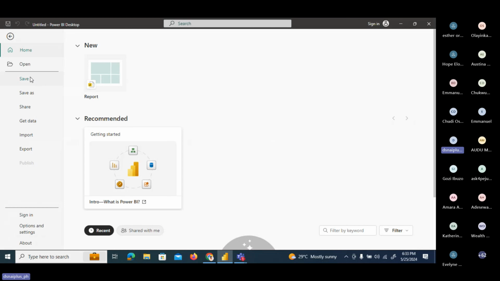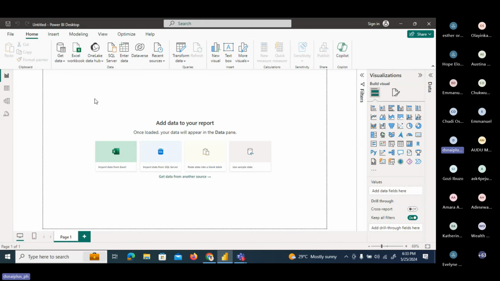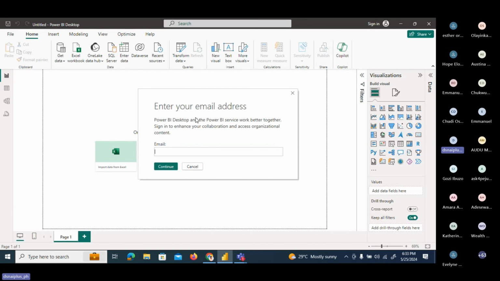Then if you want to save, like I said, you can save as too. If you want to share, sometimes when you finish doing your report or finish working, you may want to convert it to an image. So if I'm going to share this with someone, I also need my Power BI service. It has already prompted it, and that's because I'm not signed in. If I'm signed in, if I just enter sign in, my name or my organization name will just be showing here. Currently, I'm even joining with